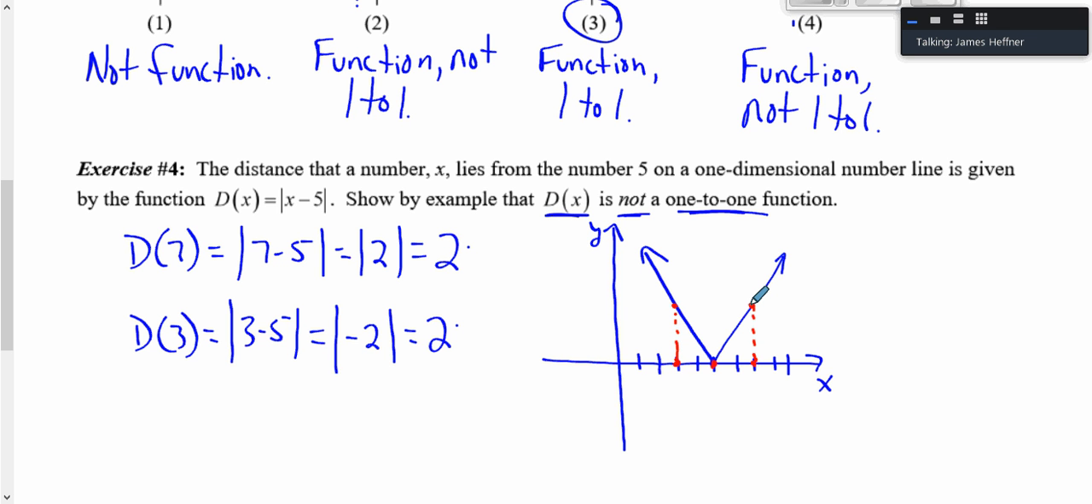Any questions on one-to-one? You have to prove first that it's a function, and then you can show it's one-to-one. It's got to be a function first. Okay, let me